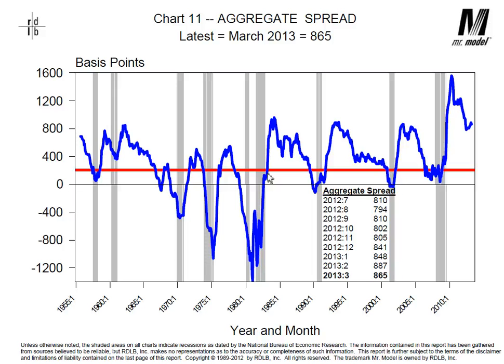We do, however, notice that as the aggregate spread is turning north in 81 and early 82, the trough of 1982 is clearly signaled, and that it would have been at that point that we would have expected the economy to emerge from recession, and it did. And this had major implications for how the economy would perform over the next two cycles, which we can talk about in another episode. So I guess we would have to say, as a potential consumer of Mr. Model,